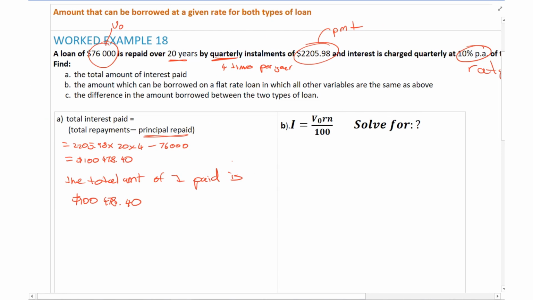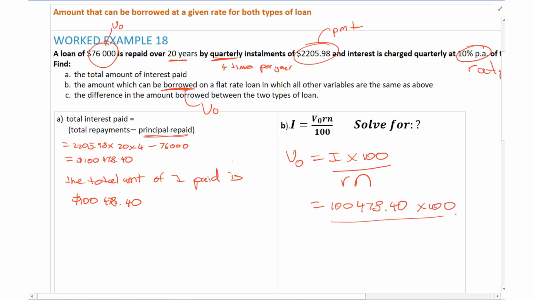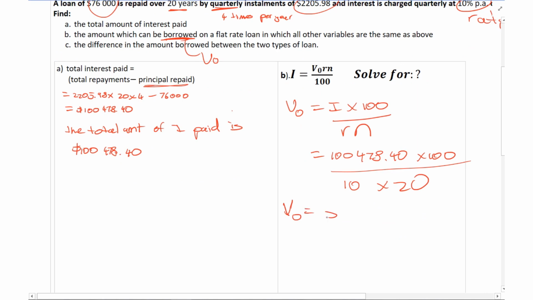Okay. Now, what the question's asking now is similar to the previous worked example, but now it's asking for the amount that can be borrowed. Borrowed means V0. This one is V0 for the flat rate component. So V0 equals I times 100 divided by Rn. Now our I in this case is 100,478.40, times that by 100, divide it by an interest rate of 10% per annum over 20 years, and we'll get a V0 value of